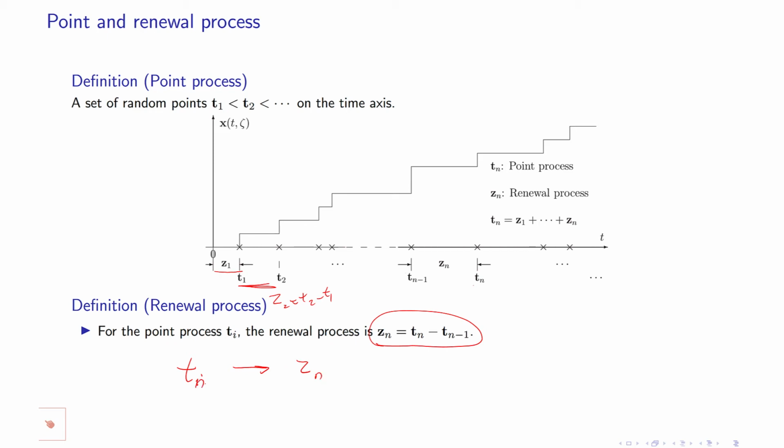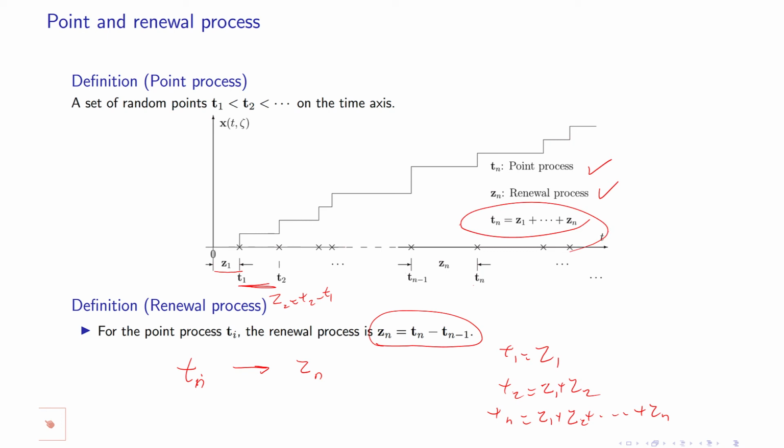Because the first, Z1, T1 is equal to Z1, and T2 is equal to Z1 plus Z2, and Tn is equal to Z1 plus Z2 plus up to Zn. So by integrating the renewal process, you get a point process back. So point process and renewal process are interrelated using